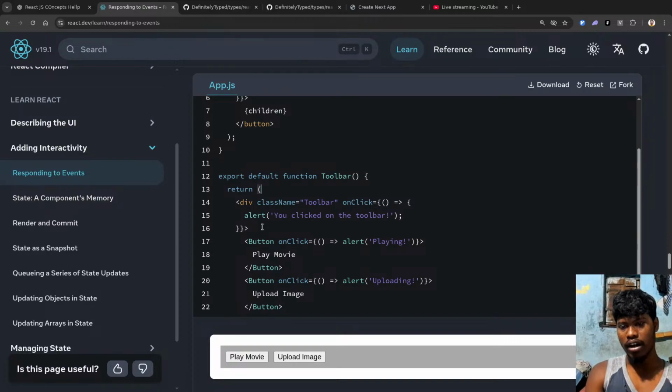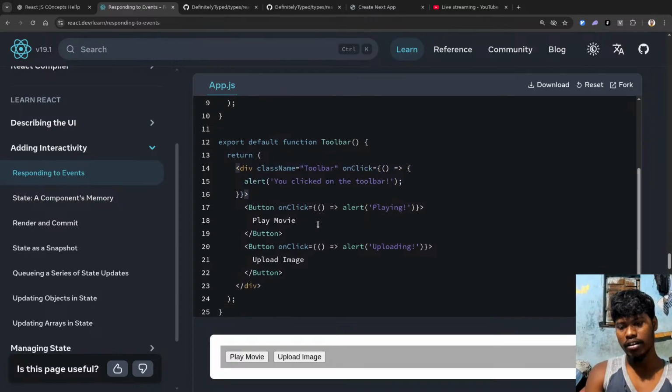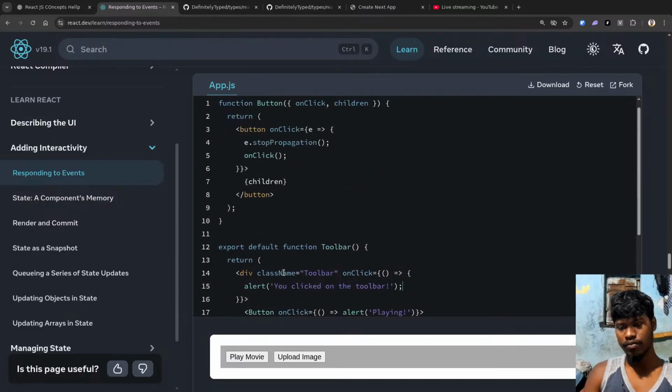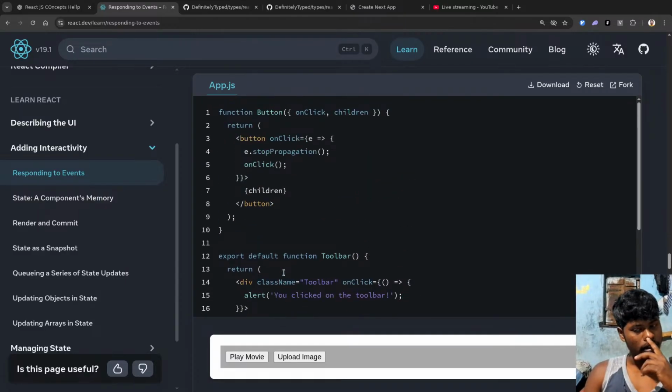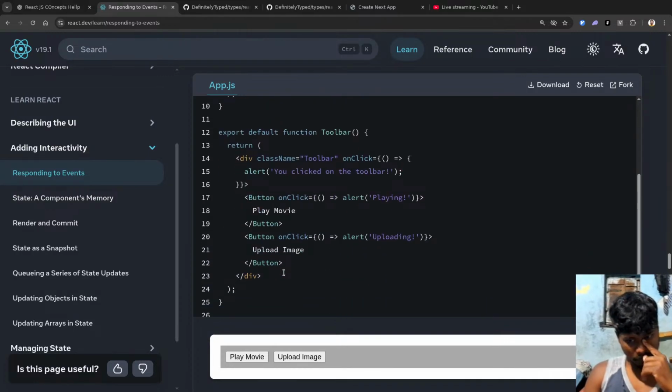In this Toolbar, I have a div. If I click the div, it will alert, and if I click on the button, onClick is this. Okay, that's it. So basically, I used it in Button, correct? I use it in Button. So if I click